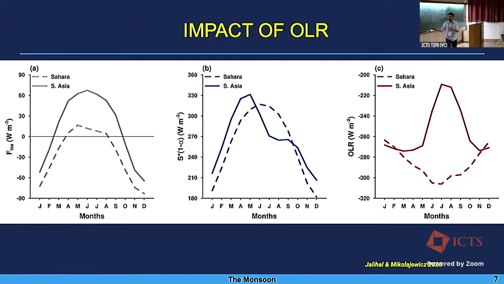The major difference comes from OLR. OLR starts to diverge in these two regions well before monsoon. In the months of March, April, May itself, they are diverging, right? And during the monsoon seasons, it's a very, very big difference. So what drives these changes? If we diagnose this, it once again comes to nearly equal contributions from water vapor and clouds. Water vapor in the clear sky, clouds in the all sky, so cloudy sky part, right? So now